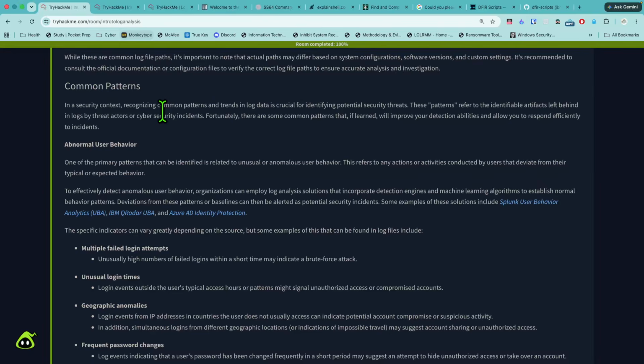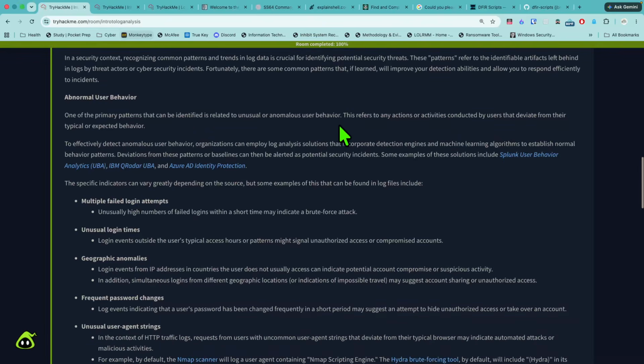In a security context, recognizing common patterns and trends in log data is crucial for identifying potential security threats. These patterns refer to the identifiable artifacts left behind in logs by threat actors or cybersecurity incidents. Fortunately, there are some common patterns that, if learned, will improve your detection abilities and allow you to respond efficiently to incidents, such as